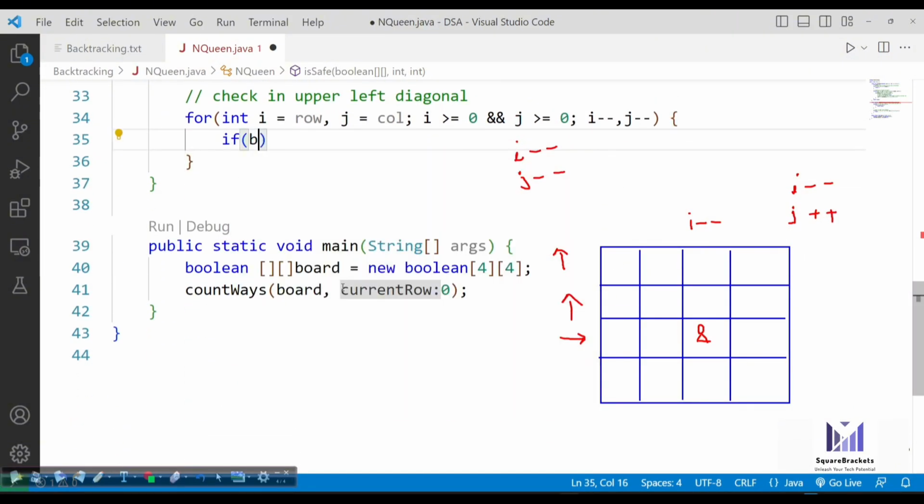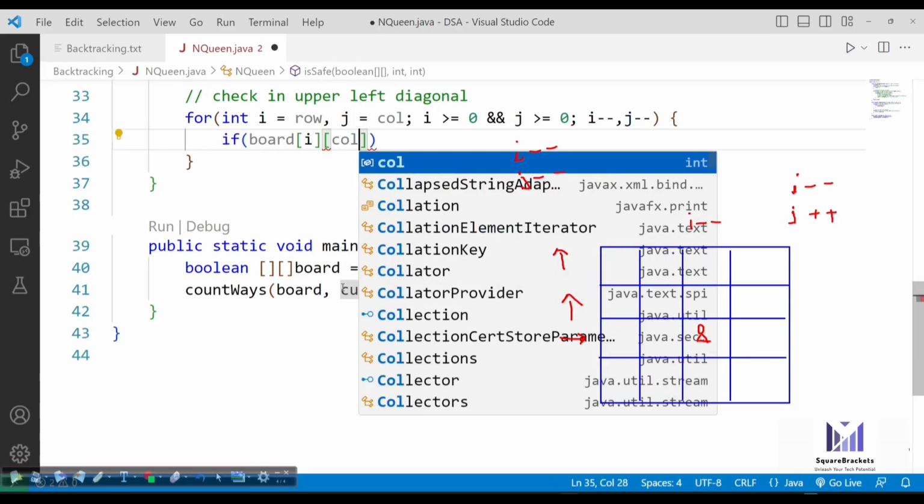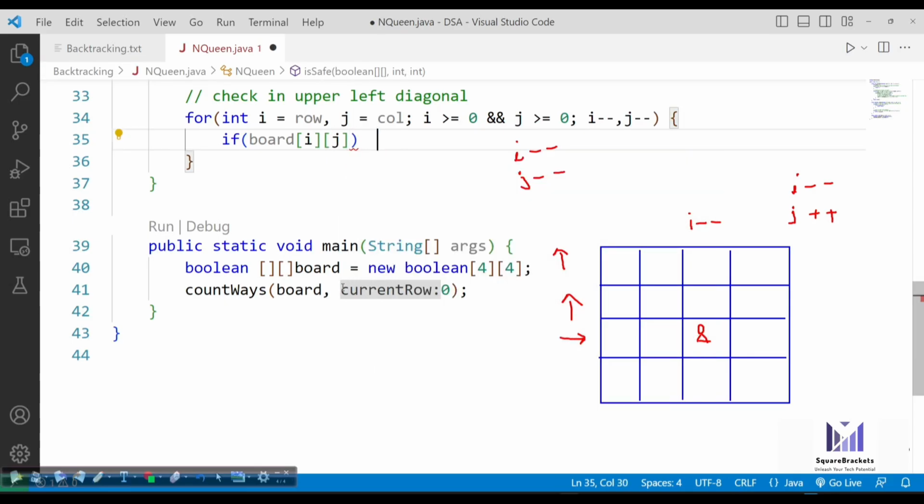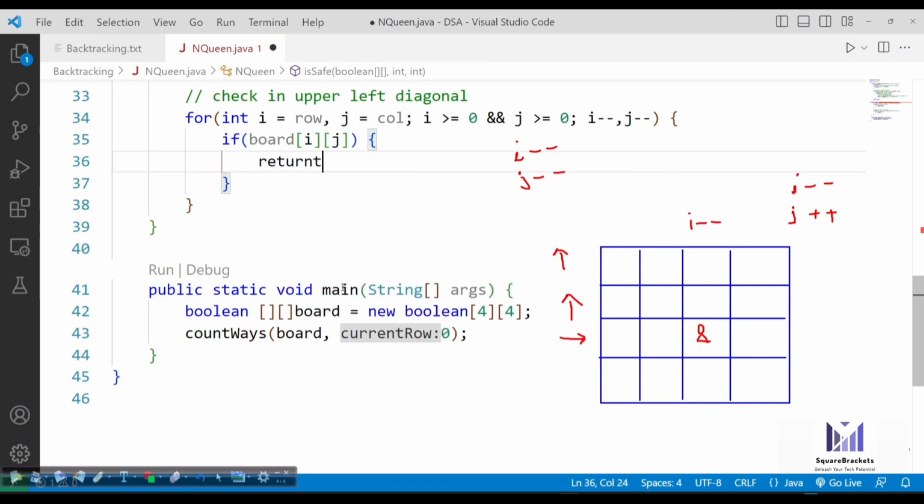And now just write if board of i of j already contains true, not j, I will name it as column. Okay, not column, actually we will put it j. So it will be j, and now return false. It means if there is a queen in the upper left diagonal, return false. And now the final logic will be for i minus minus and j plus plus.